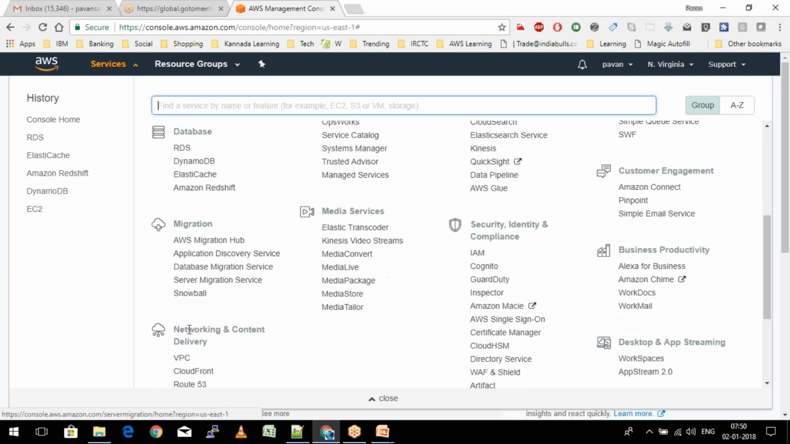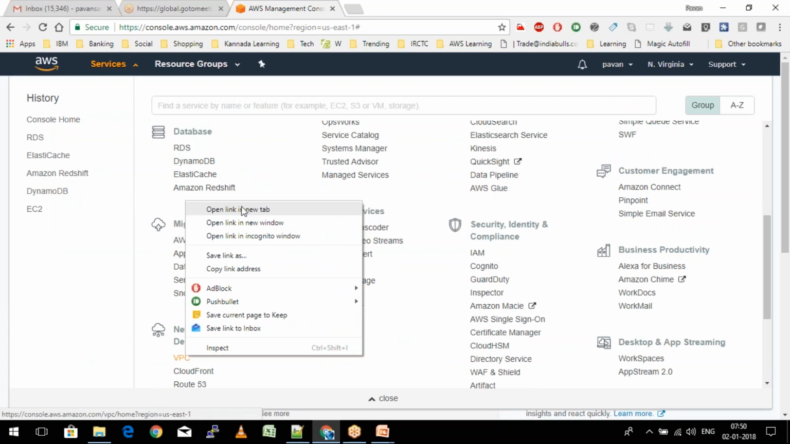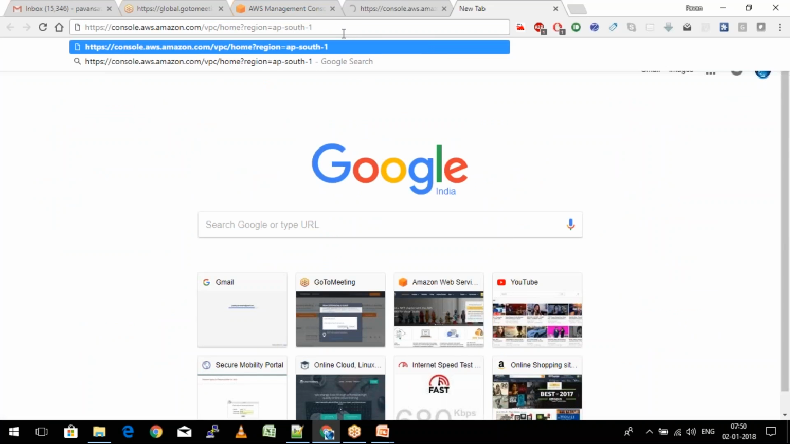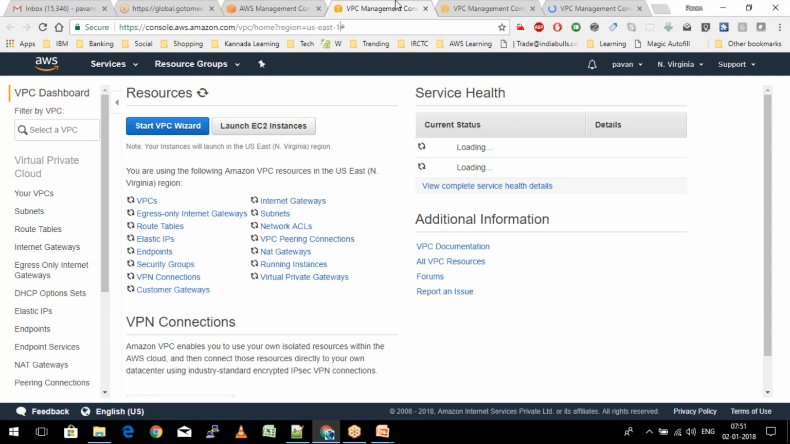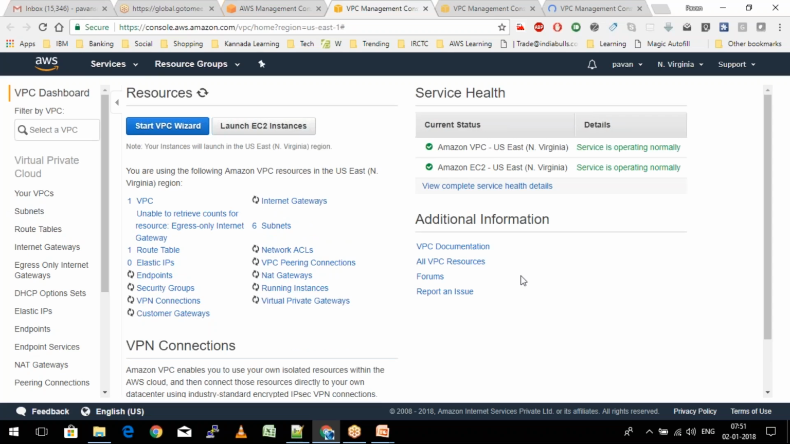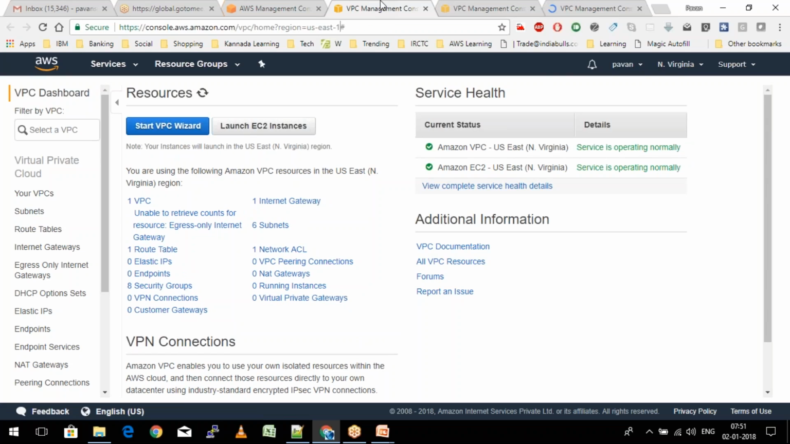Open it up in a new tab. I'll copy this and put it across in the AP South 1 region as well. So we'll go ahead and open up a couple of regions here. Okay, there we go. We have the page loaded for our US East 1, that is North Virginia, and we have also got it for Asia Pacific Mumbai. And we are also getting the page loaded for our Ireland region. In the meantime, let's check out the things in the